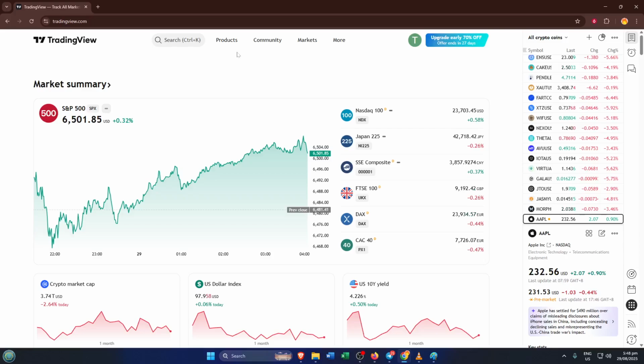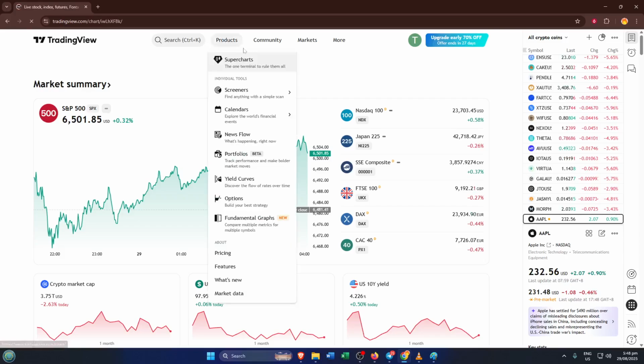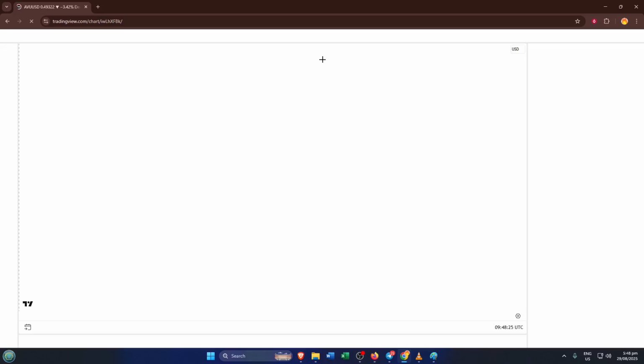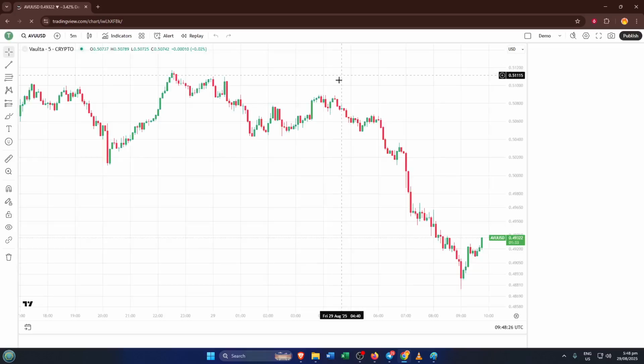First things first, open up Tradingview on your computer. You can do this by heading to Tradingview.com in your browser. If you haven't already, go ahead and sign in so you're ready to work with your charts. Once you land on the homepage, take a look up top and you'll see a menu item called Products. Go ahead and give that a click. This opens up all the different tools Tradingview has to offer, but for now we're going to focus on their